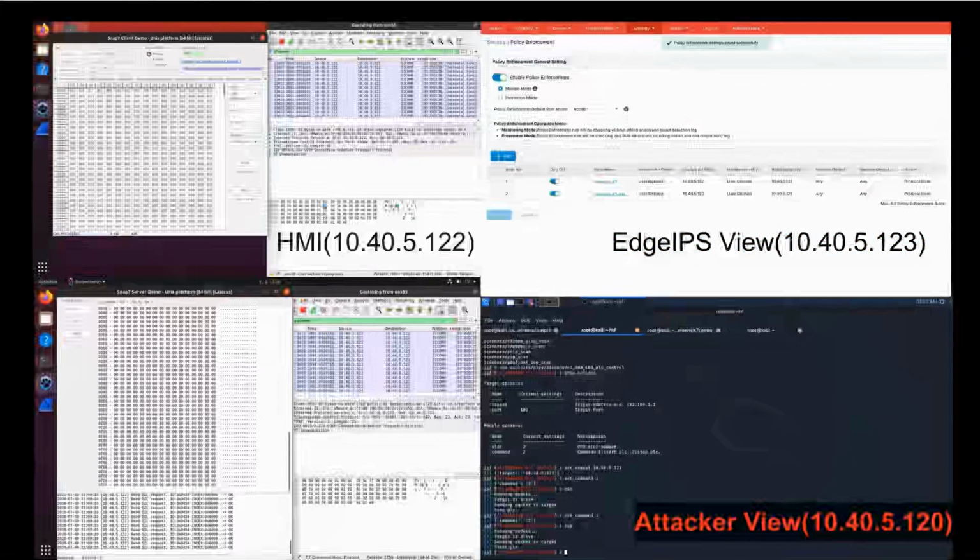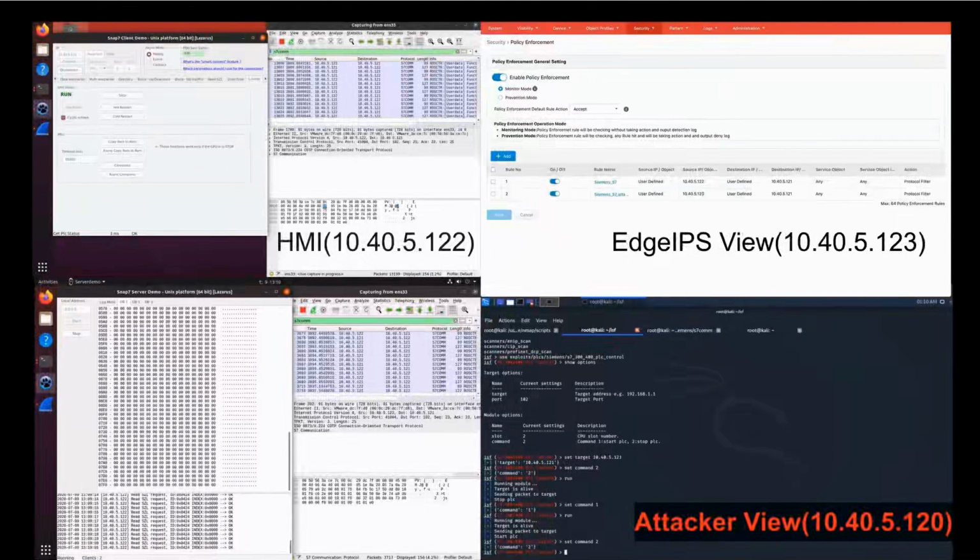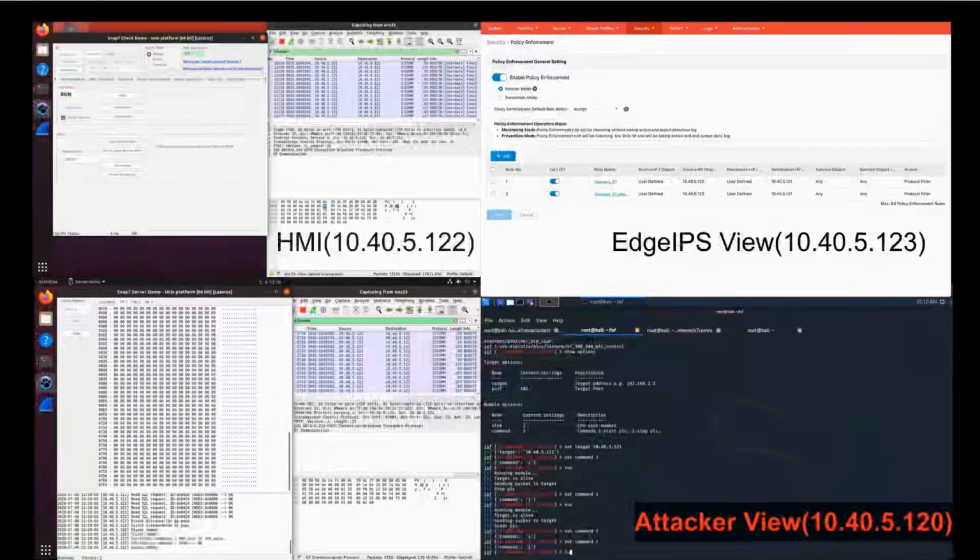Apply our configuration and perform the attack again, and you will find one thing: the attack will still work, but you should have the capability to monitor the attack traffic.